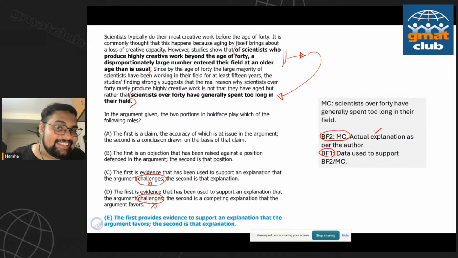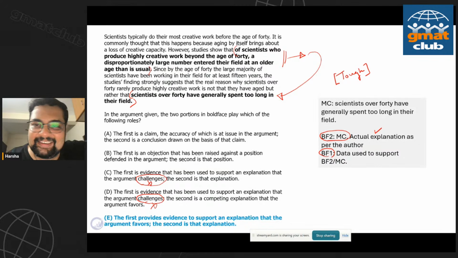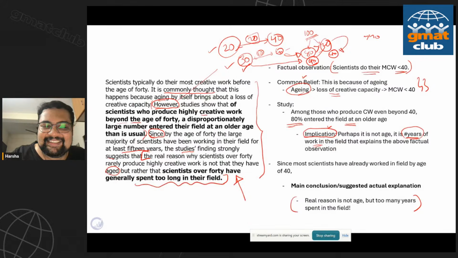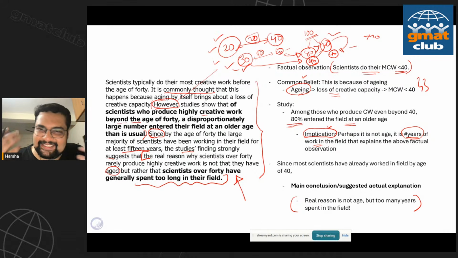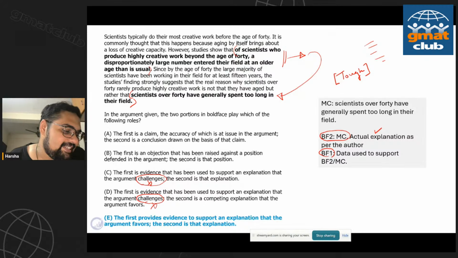The key learning here is, with the tougher boldface questions, and this does qualify as a tough one, even our stats in the session, and if you go check it out on GMAT Club, you'll realize what I'm talking about. The tougher questions, you can't always just rely on casually observing the structure. You have to get into the logic of it, and that requires effort. So you also have to see the kind of things I did here. Sometimes you could just take numbers to understand what's happening. You use different ways of visualizing data, understanding the core ideas, but you got to put in that effort. When the questions get tough, you got to do this.